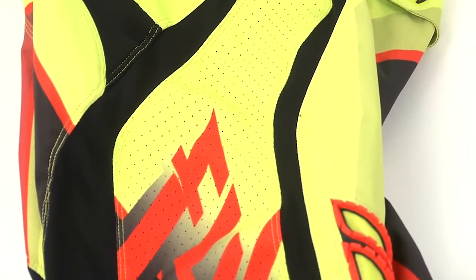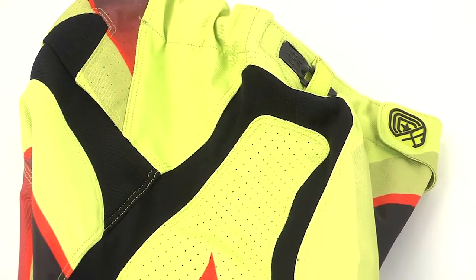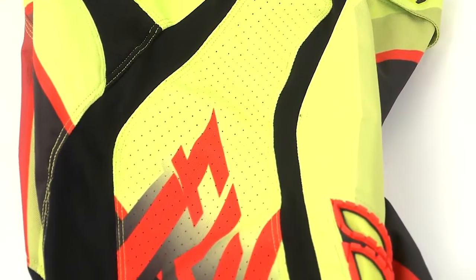One of the cool features on this pant, and again, a very unique feature, is a full floating hip panel here. With this design, we're able to separate the hip panel. As you can see, the black stretch panel comes up and around the hip panel, and it comes up and around the butt panel. So we have full floating butt and hip panels. Really separates all of the panels and allows for just